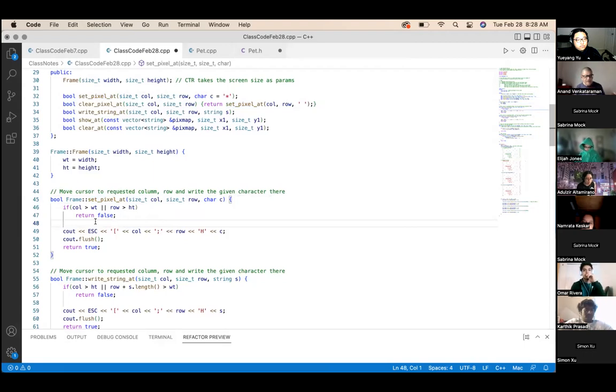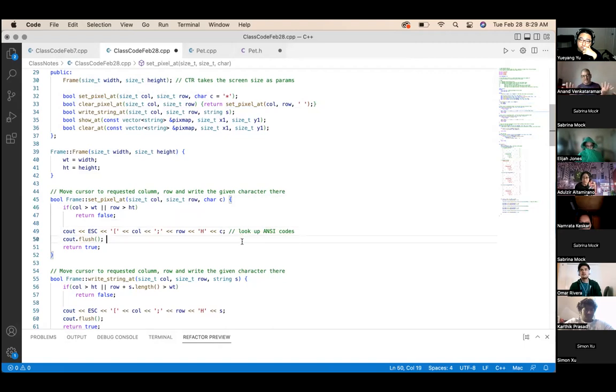Otherwise, let's put a comment at the end of line 49. Yeah, put a comment saying look up ANSI codes. Look up ANSI codes. Uppercase ANSI. Yeah, codes. Now, the reason we put the comment there is because we're doing something that is apparently mystifying